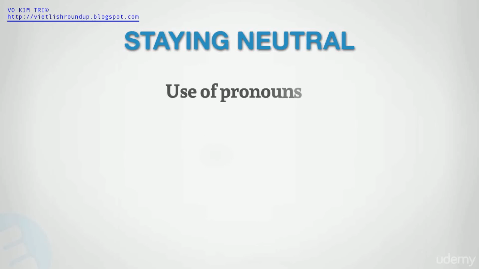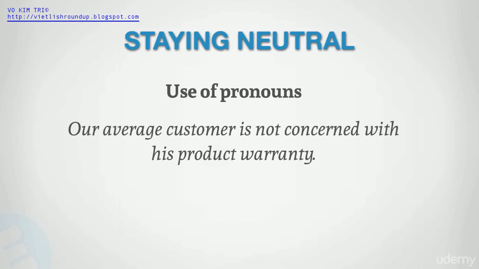The first is the use of pronouns. If you say, "Our average customer is not concerned with his product warranty," it makes it sound like all your customers are men. His warranty. If you say, "his or her product warranty," the gender issue is resolved, but writing like this is just awkward. A much better solution is to use plural and say "their product warranty." It's not perfect, but it works. In our example, we could actually remove the problem completely and simply say "with product warranty,"